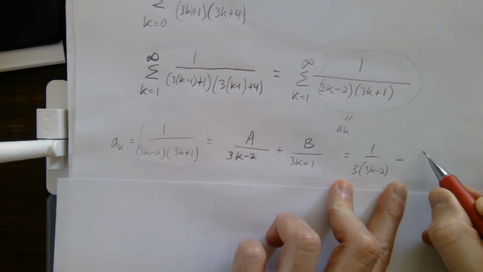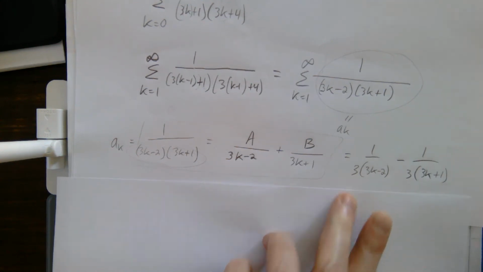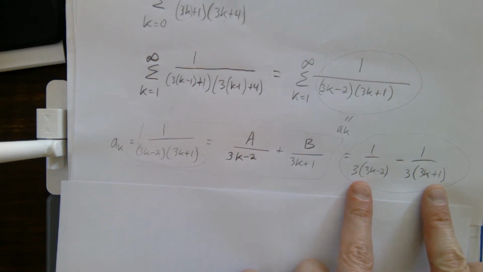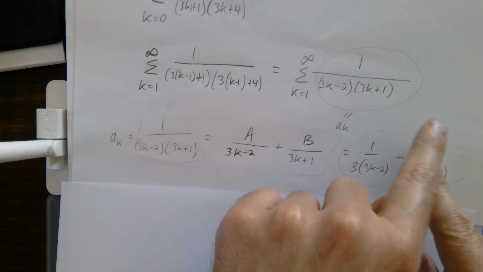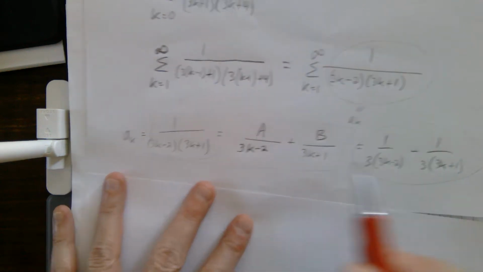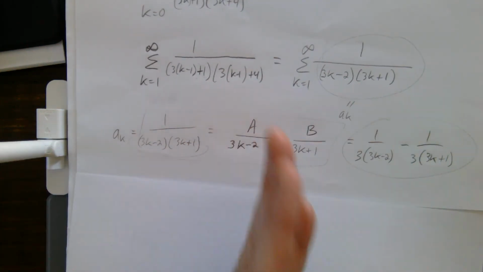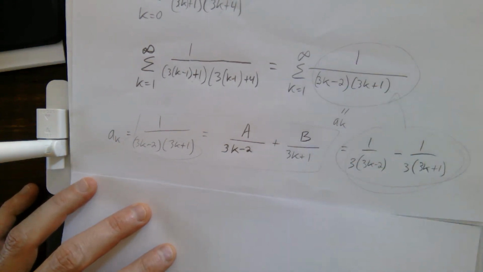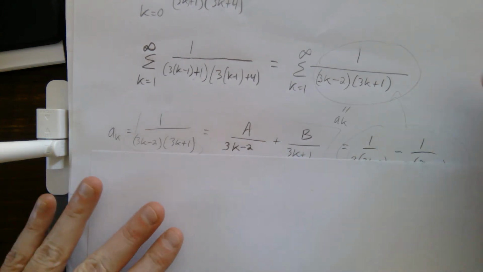and b is negative 1/3, then, and actually you can try this, go ahead and combine like terms, find common denominators, and combine like terms on top. Hopefully you get the cancellations on top needed for this to turn into the original. So we decomposed this into these partial fractions. We inserted this a sub k back into our infinite series. Then we wrote out a whole bunch of terms, and we found that the first term,